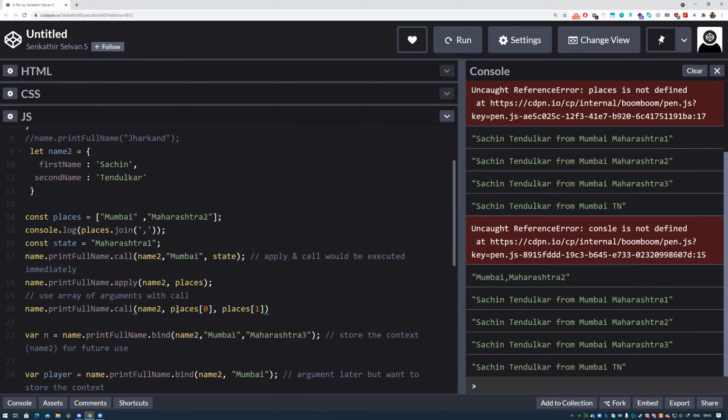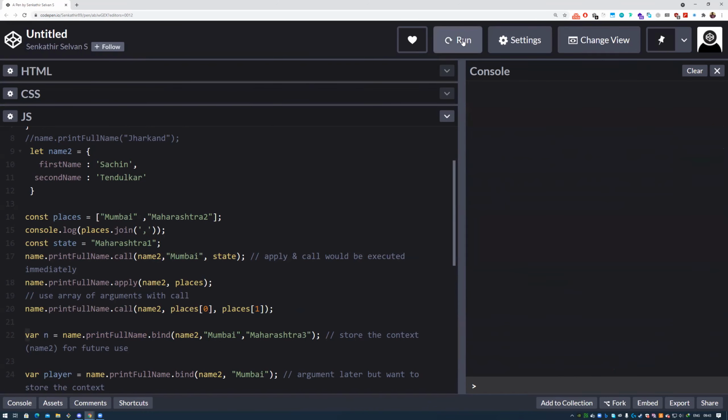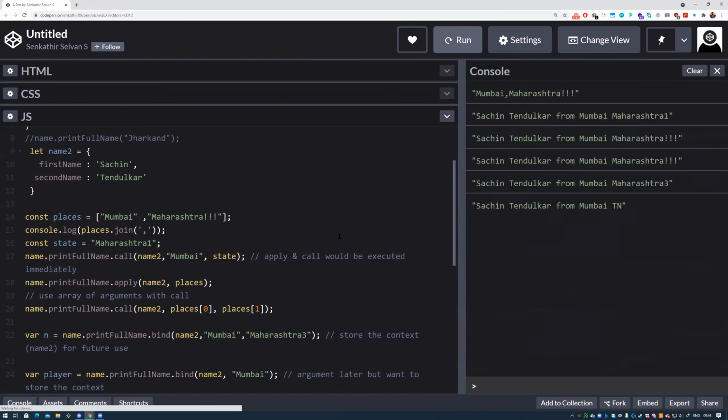I can do this, and I'll get the result also. This way I will be able to get the result, but there's a better way of doing it.